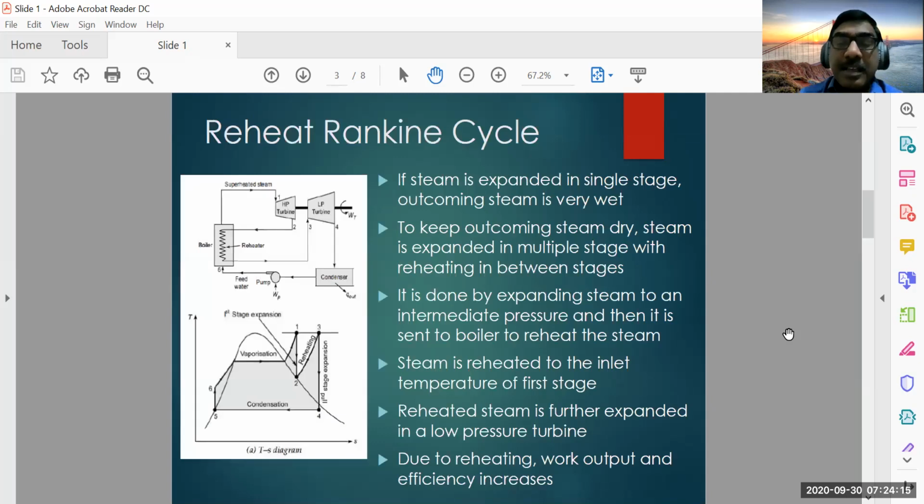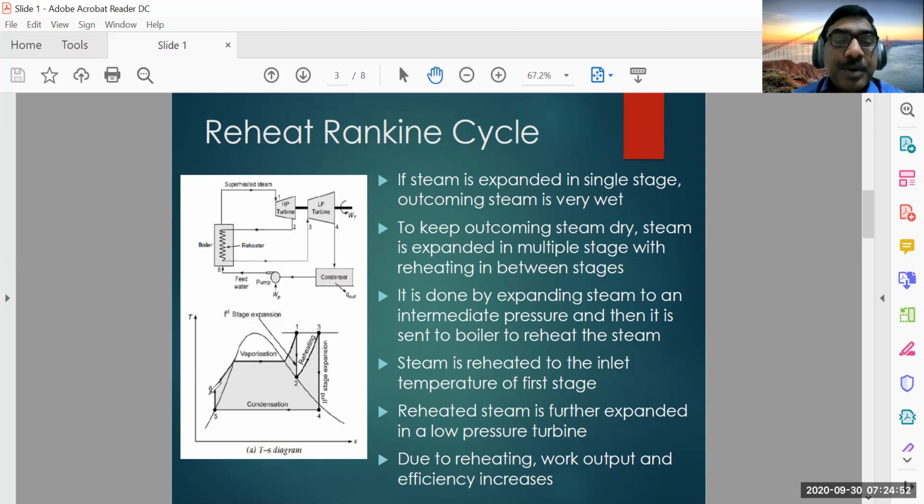In the reheat Rankine cycle, you can see this is the typical setup. This is the typical setup of the reheat Rankine cycle power plant. This is the boiler, and this is the high pressure turbine, and this is the low pressure turbine, and this is the condenser, and this is the feed water pump. Right? So basically the purpose is, if you consider the TS diagram of this reheat Rankine cycle, you can see here,